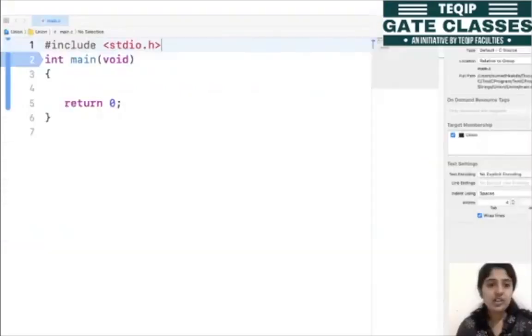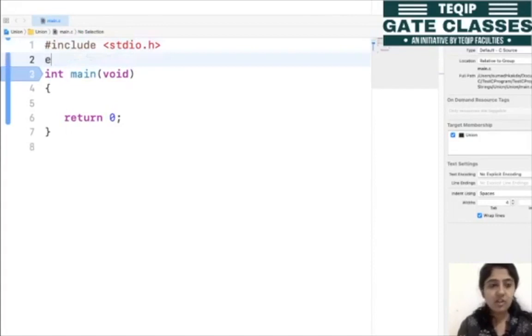Okay, so this is the Xcode which I am using as an editor, but you can use any editor to write the code. This is our int main void and this is return 0. We have included this stdio.h header file because we want to use the printf statements. Let's define this enum data type.